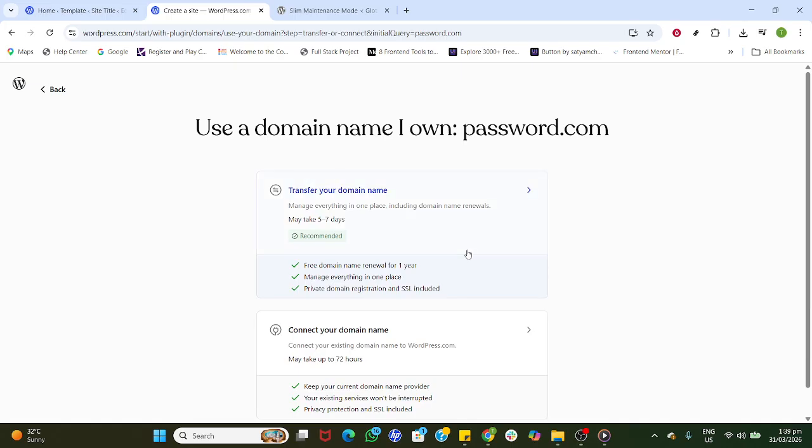This completes the initial setup path and prepares your site to install and use the password protection plugin. Once the flow finishes, you'll be